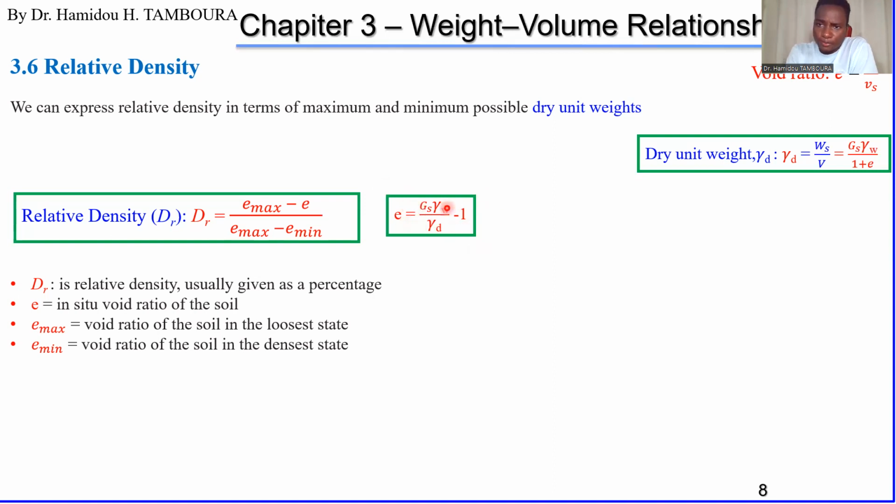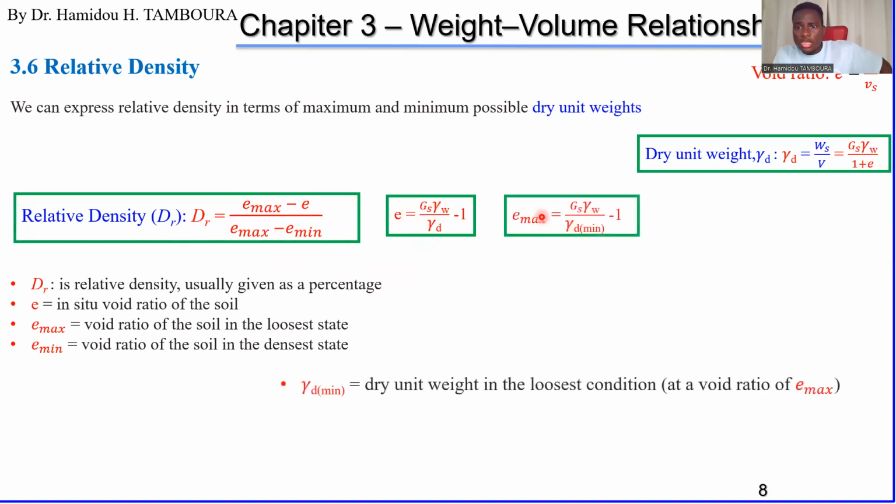So anyway, if we use this formula and replace it in this formula of relative density, we can obtain relative density as a function of dry unit weight. For that, we need E maximum and E minimum. So this is the formula for E, okay? So E maximum,